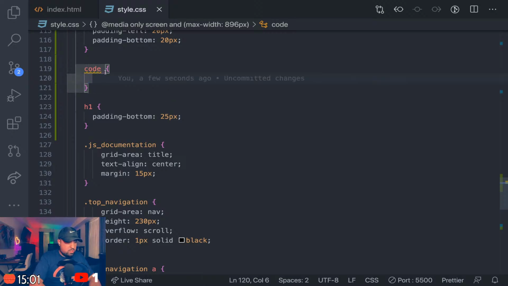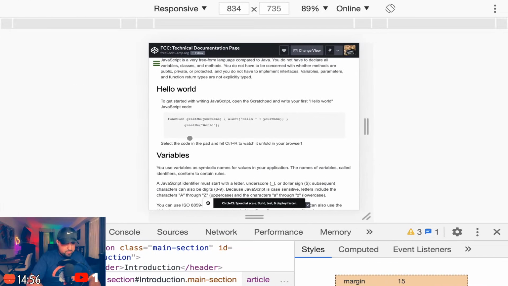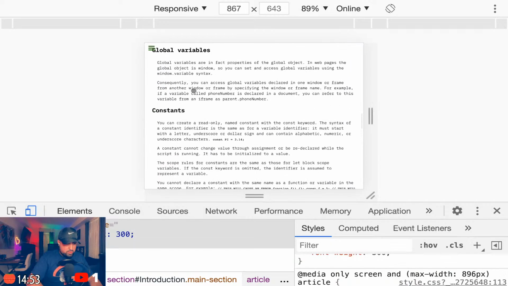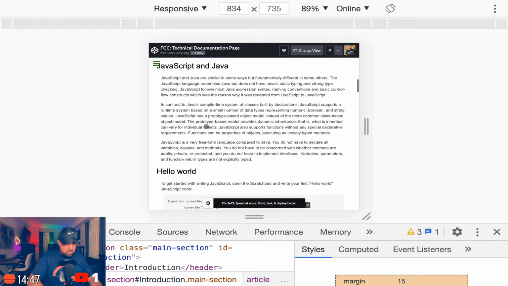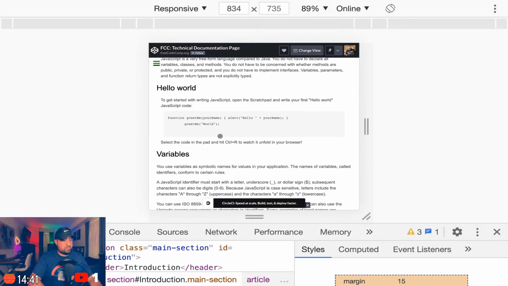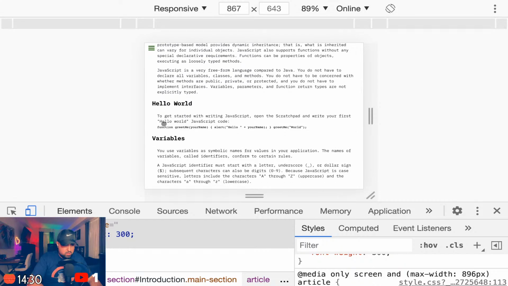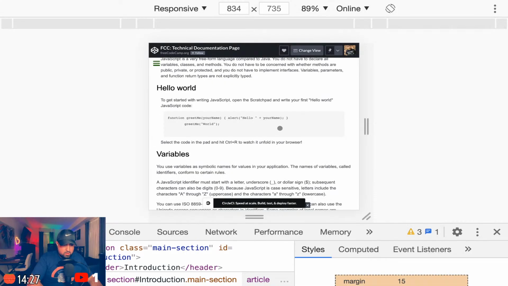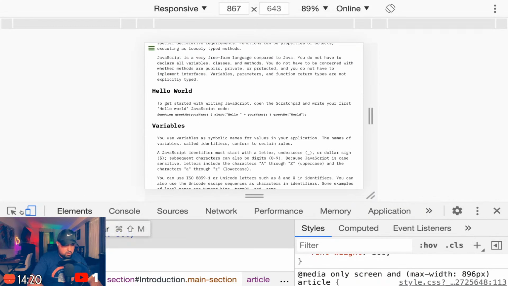We can work together. All right, so what I want to do is create a background. So where's the first one at? Let me go to the HTML. Actually, no, let me go here. The first one lives in the Hello World section. All right. So function greet me, and mine is over here. Where is my version at? So this should have some separation and a code block. So if I were to target this here,